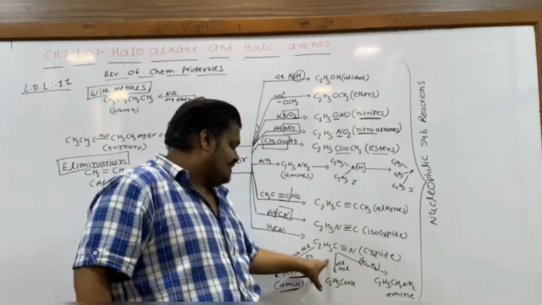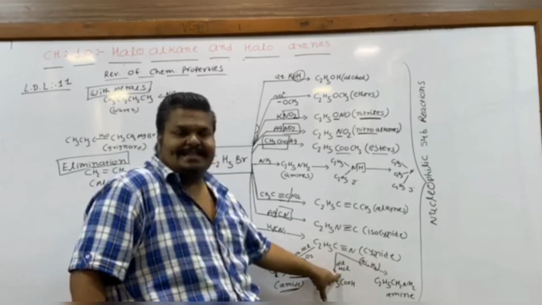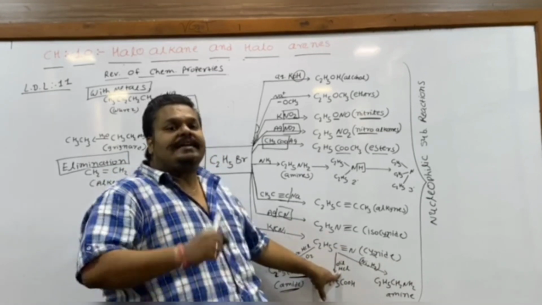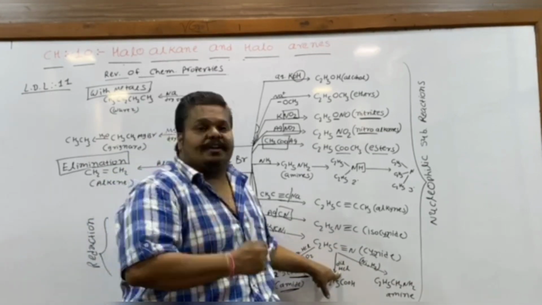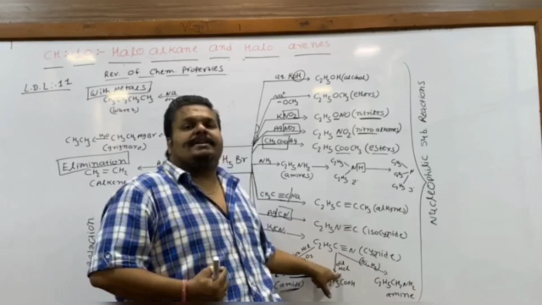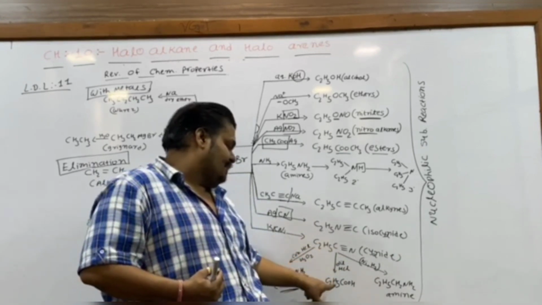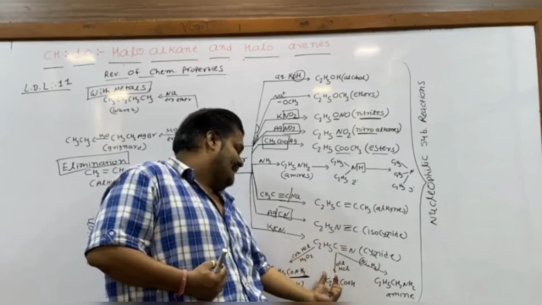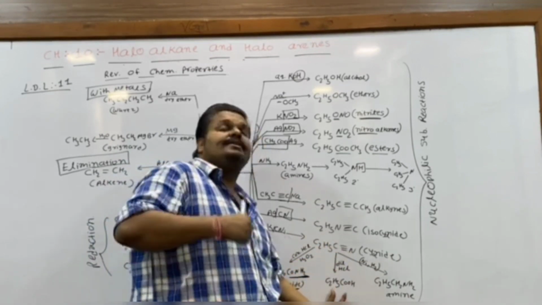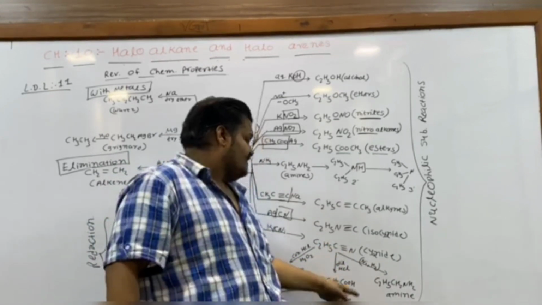So hydrolysis reaction in presence of dilute HCl. This reaction is called a hydrolysis reaction because dilute HCl includes water. Large amount of water is present in dilute HCl, that's why the reaction is known as hydrolysis reaction. If we hydrolyze the cyanide, we will get an acid as a product.